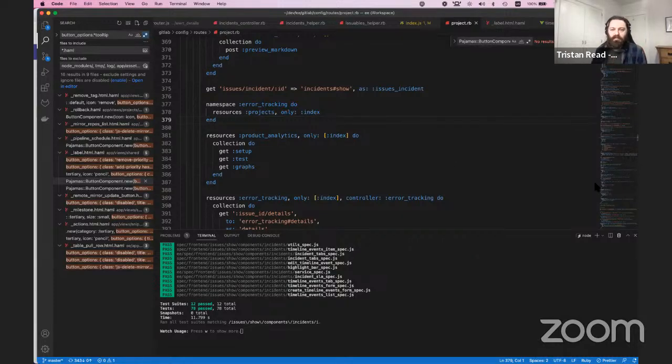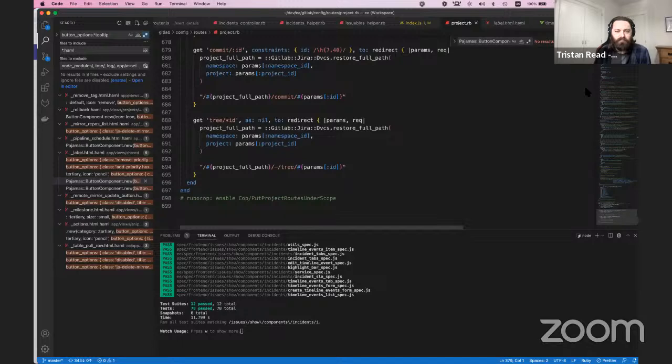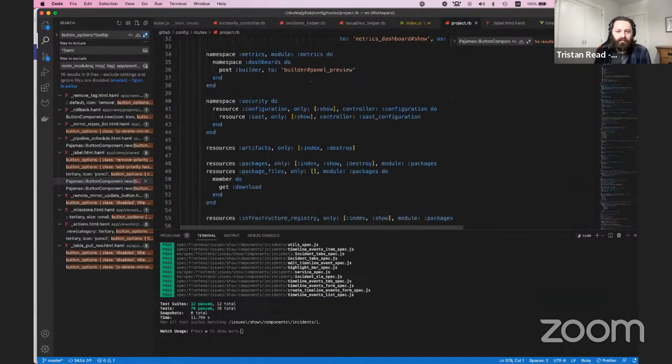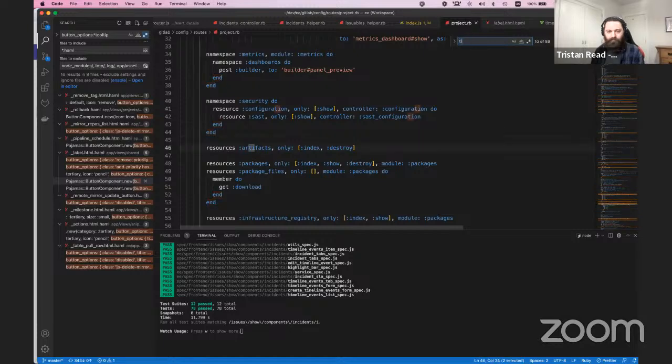It's a giant file, nearly 1,000 lines long, where there are a few different kinds of syntax to define things. But if we look at the timeline one,